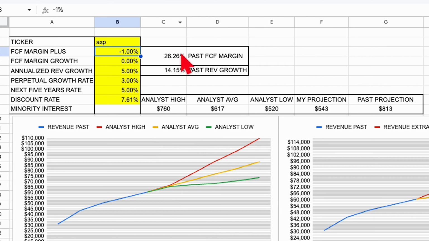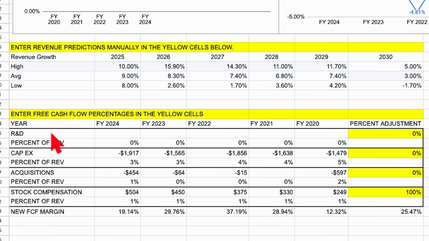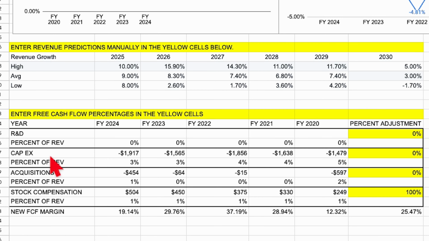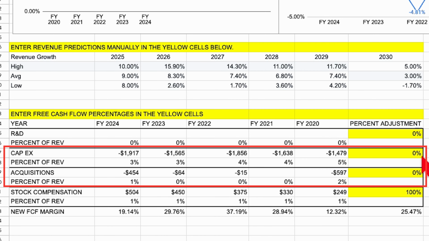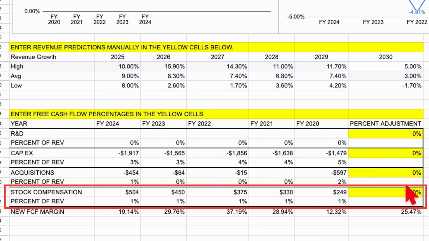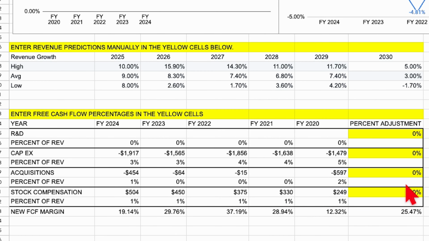And the reason I did that is because I take into account the amount of cash they spend on capital expenditures, acquisitions, and stock compensation, and R&D, but American Express doesn't have any R&D. I will adjust their free cash flow based on how much they spend on some of these categories. The only one I'm adjusting, I have 0% adjustment on CapEx and acquisitions, but I am reducing their free cash flow by stock compensation. Normally, free cash flow is not reduced by stock compensation, but I will do that sometimes